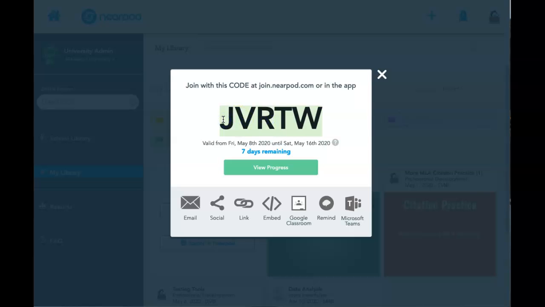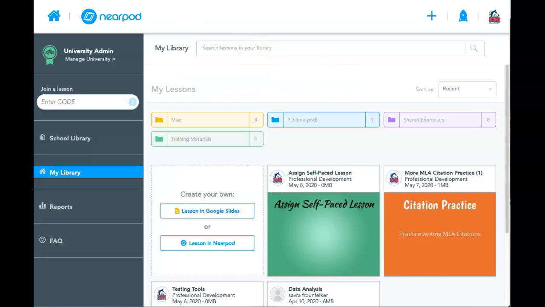Students will join with the code using an app when they join from a phone, a tablet, or an iPad. If they're on a computer, they'll sign into the Nearpod site and then enter the code. You can also add a link. I just like to give the code. Students on the small devices cannot access with a link. So if you want to use a link, also make sure that you use the code so that everyone can get into the lesson. Okay, I'm going to go ahead and copy that to my clipboard, close that out,